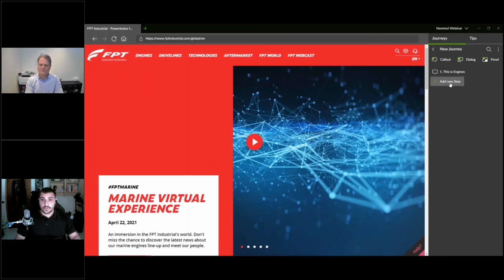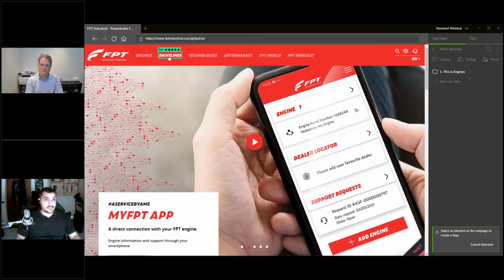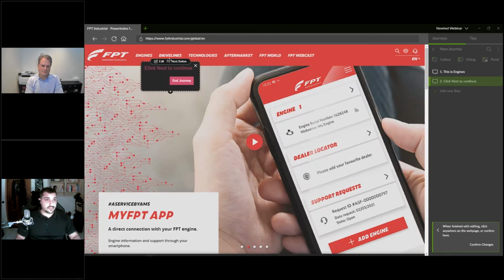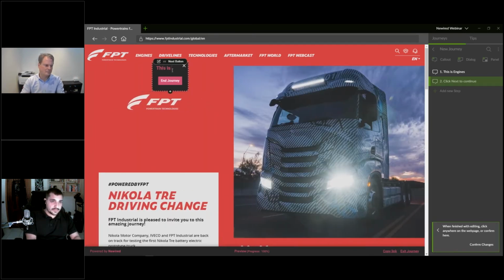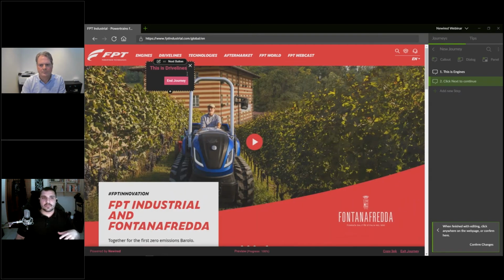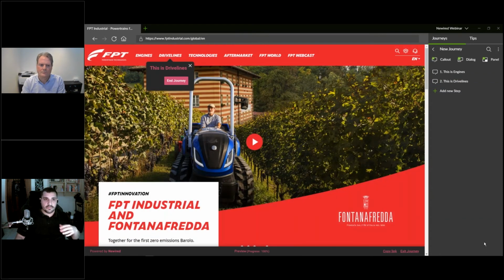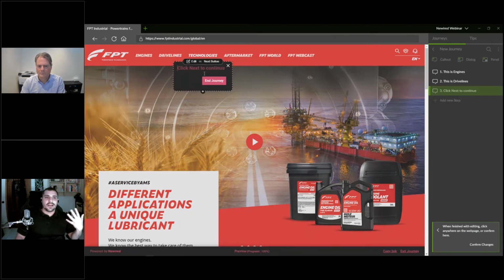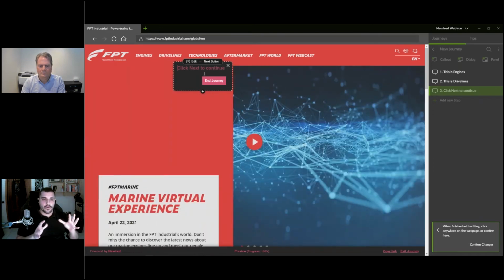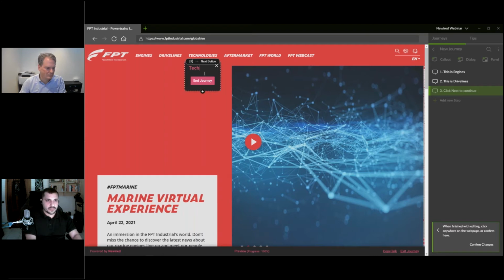and proceed with the creation of my other steps. So call out again, and I go over drive lines, and I say this is drive lines. Okay, and you can imagine that this goes forward up to having a very full journey. You may think that this is maybe oversimplified. It actually is the main core of having a structure of a journey done. Now we can see here again technologies.